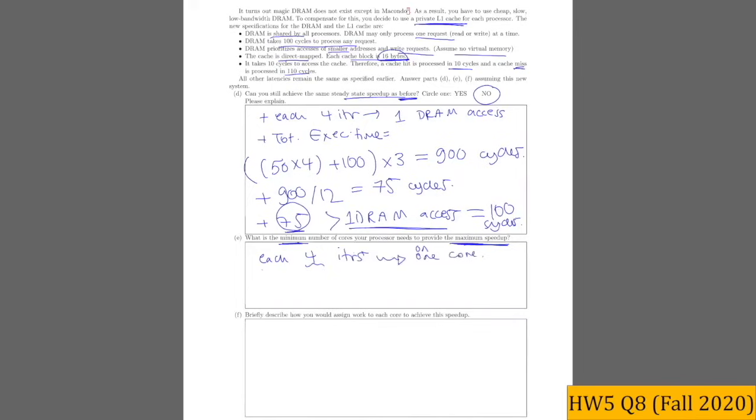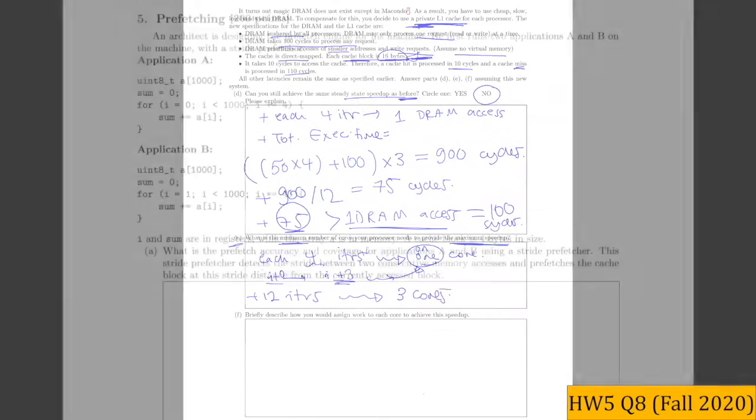So basically requests from I to I plus 3 should go to 1 core. Therefore, among these 12 iterations that we had, and these 4 iterations being divided in each core, overall, we need 3 cores. Okay, so part F: briefly describe how you would assign work to each core to achieve this speedup. So that will be